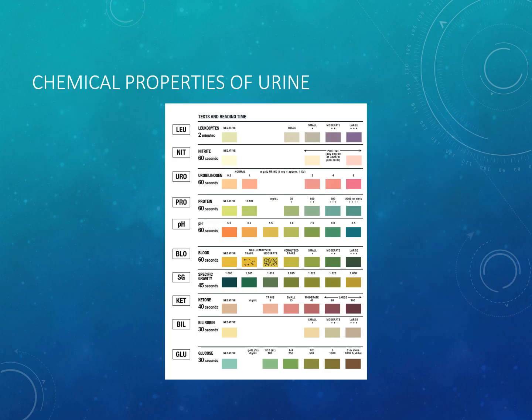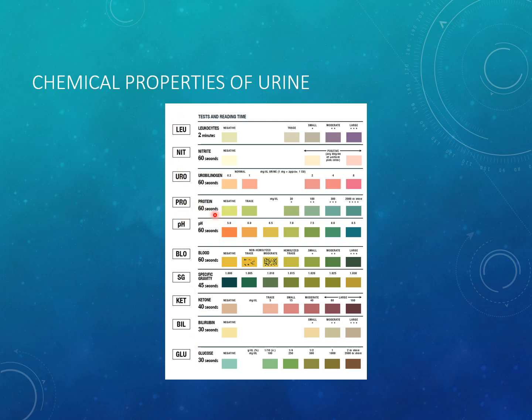Okay, so here's the chart that's on the side of the bottle that you're going to line your strip up with. And you're going to notice that all of the different values finish their reaction at different times. So the leukocytes take longer to change color than some of the other ones. But after 2 minutes, everything should be changed. But you read everything when it says to read it. So at 60 seconds, you would read the protein. And usually we'll have a sheet that we're going to fill out as we're looking at the strip. So you put your strip up here, and if this green is the same as this green, then we're negative